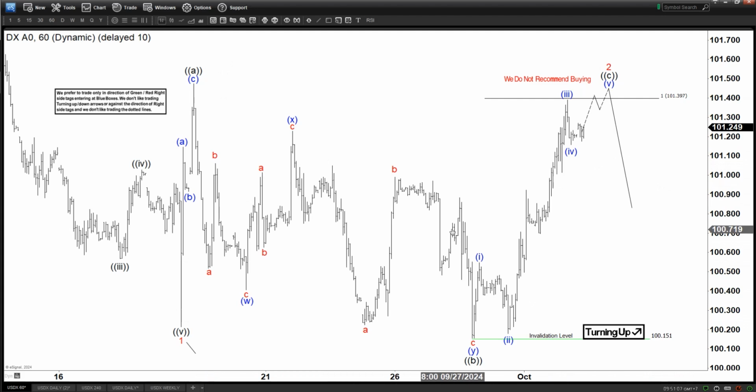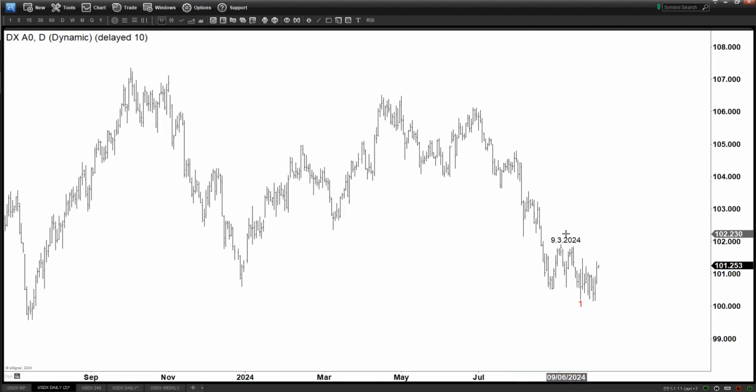If I zoom out and give you some idea on the daily, right? So basically we're looking to correct September 3rd right now. So we are looking to just have a little bit more upside extension to finish the 2 before it turns lower again. Now if you look at the daily, right, we made a peak here back in 2023 October. If we just simply measure the extension here, you can see,